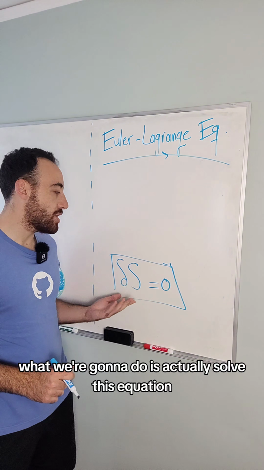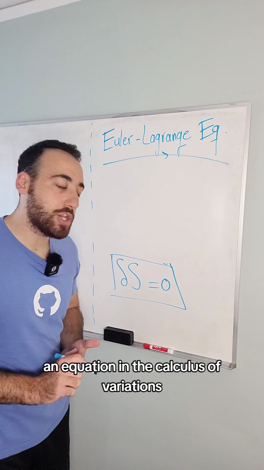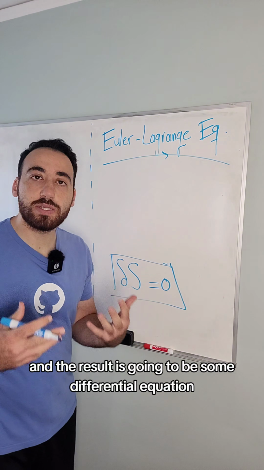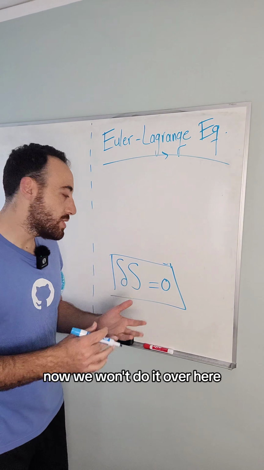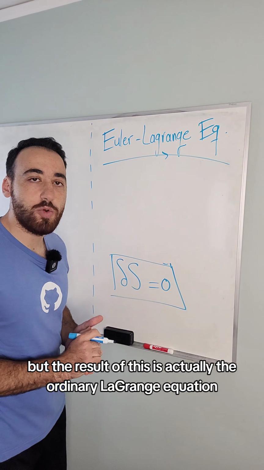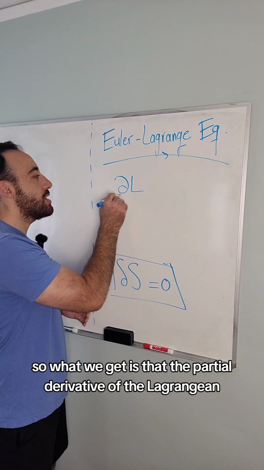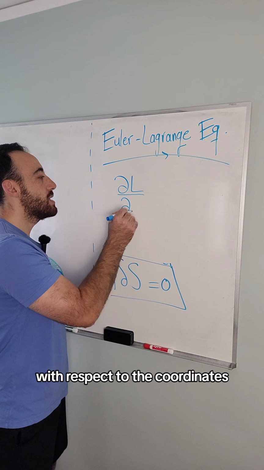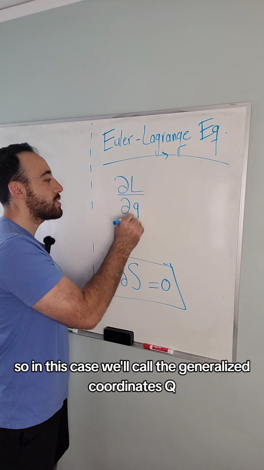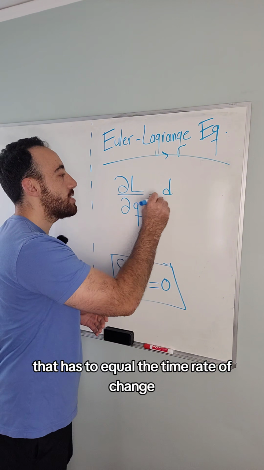What we're going to do is actually solve this equation. This is an equation in the calculus of variations, and the result is going to be some differential equation. Now, we won't do it over here, but the result of this is actually the Euler-Lagrange equation. So what we get is that the partial derivative of the Lagrangian with respect to the coordinates, so in this case, we'll call the generalized coordinates q,